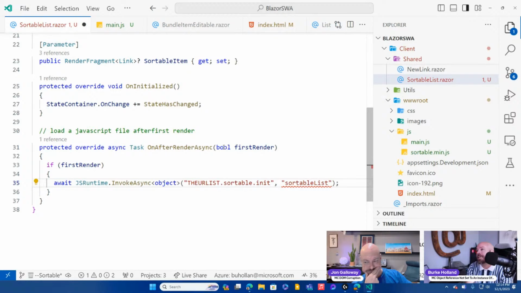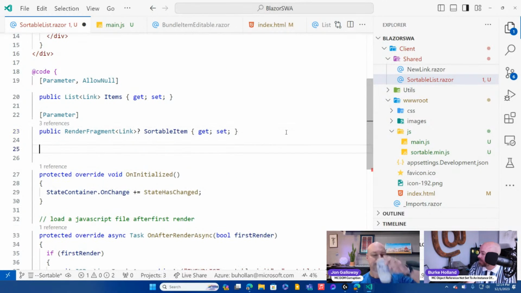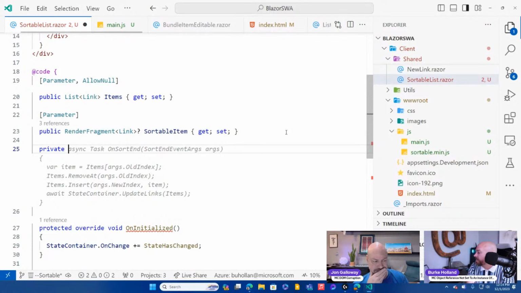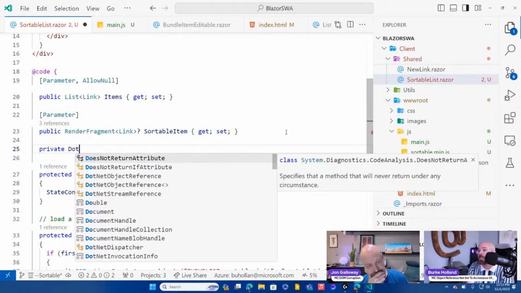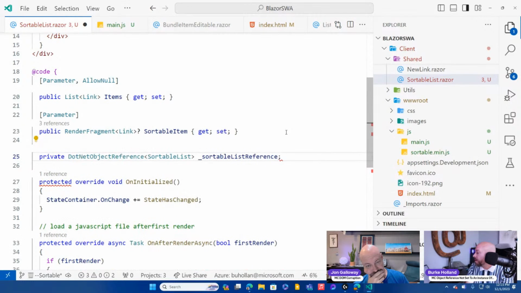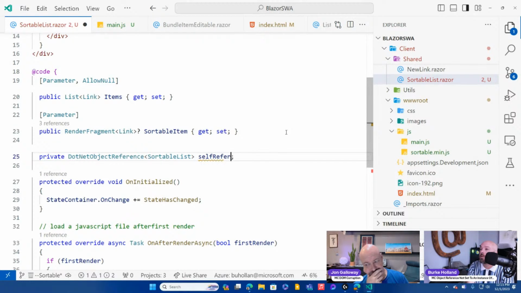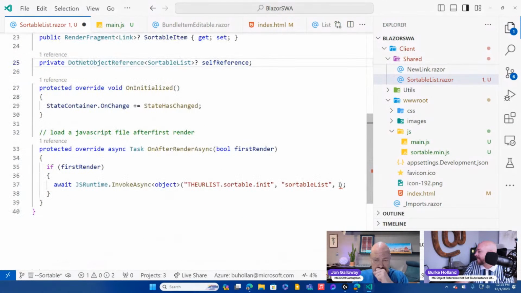And then lastly, we need to pass in a reference to this file. So how do we do that? What we need is a reference. And this is how Steve did it. It's a .NET object reference, right? It is of type sortable list, and he just calls it self-reference. It's just a reference to this component. That's all it is. And then we're going to pass that